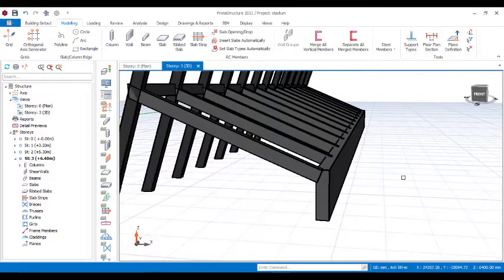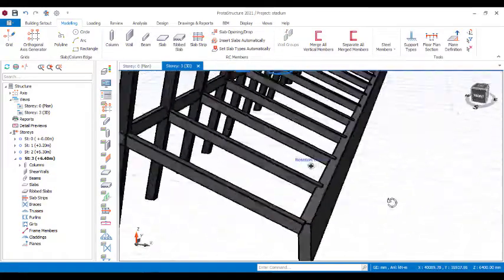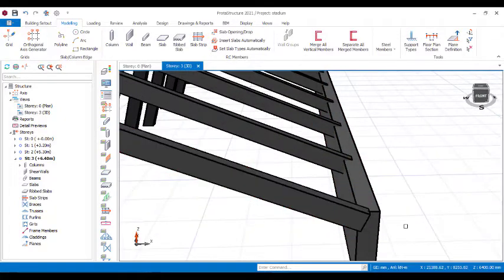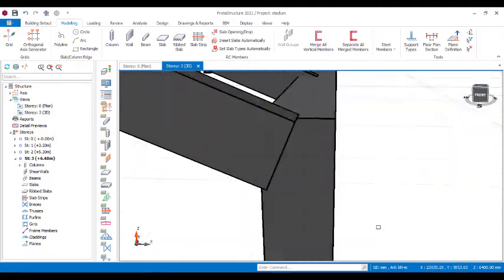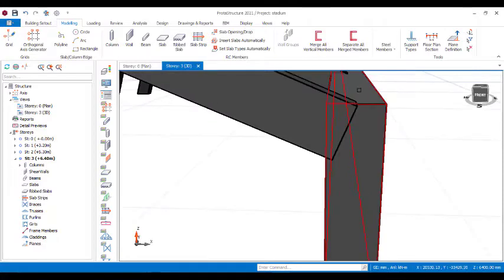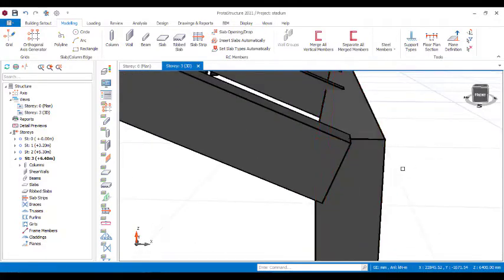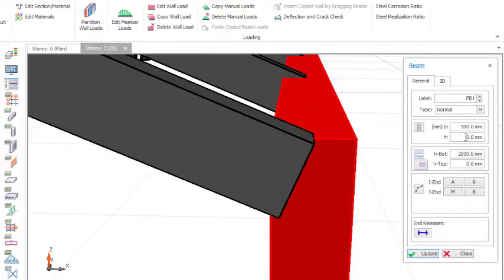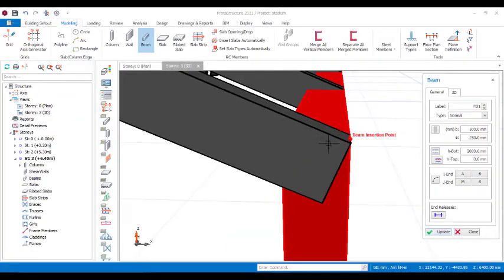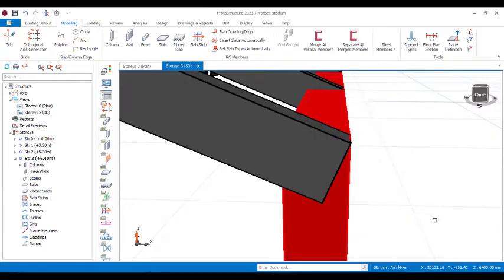Let's see in 3D. Okay, so you can see what we have. All right, so I think this beam we also have to work with the eccentricity. You can see it is not sitting, so this beam should come inward a bit. Okay, so let's double click, and then let's use the eccentricity of 250. Okay, and then update. Okay, so we can have something like this. I think this is not bad,